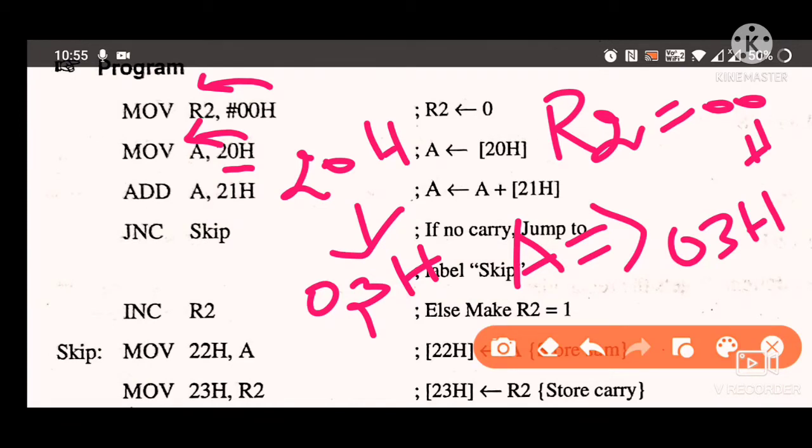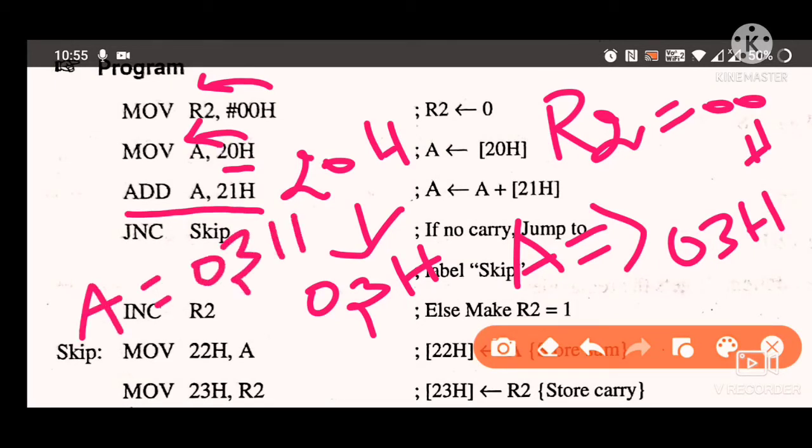Okay, now ADD A comma 21H. Already we know that inside the A register we have 03H. ADD A comma 21H means we are going to add the value available inside the A register with the memory location 21H.